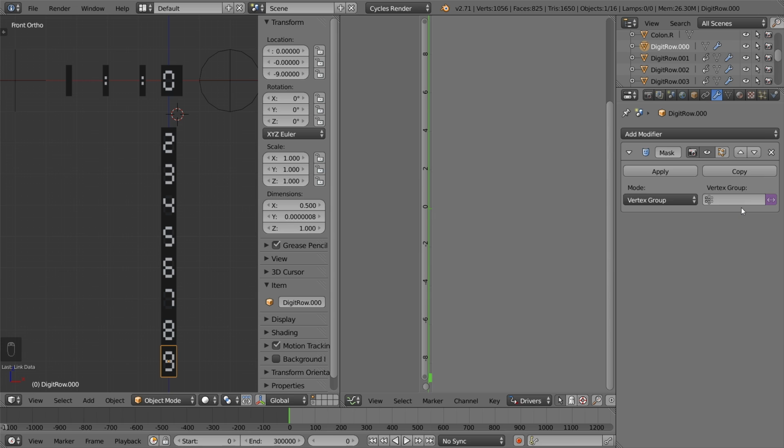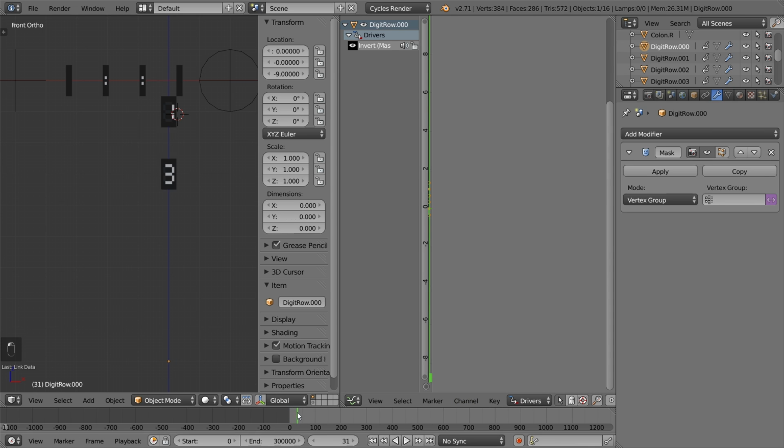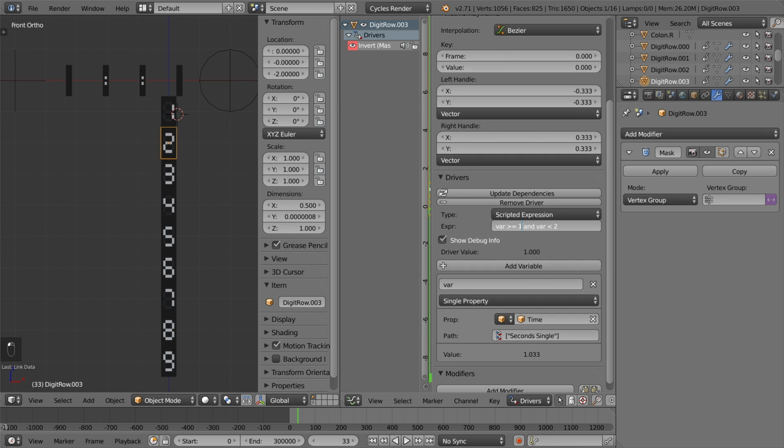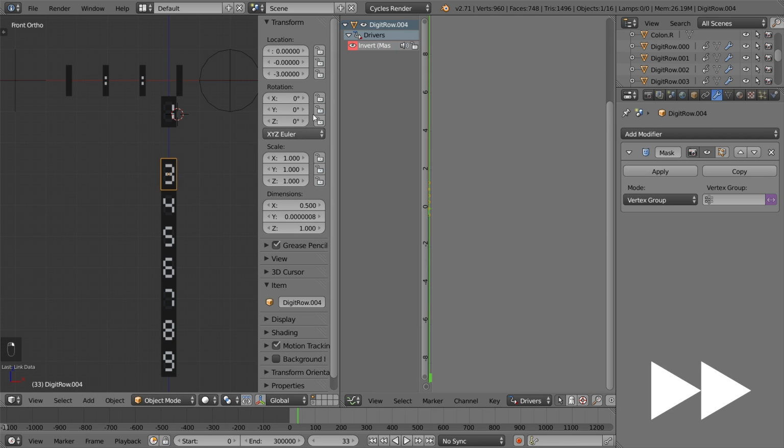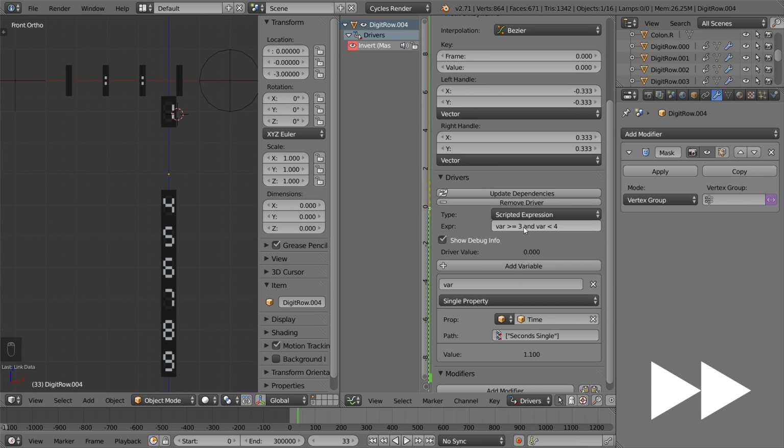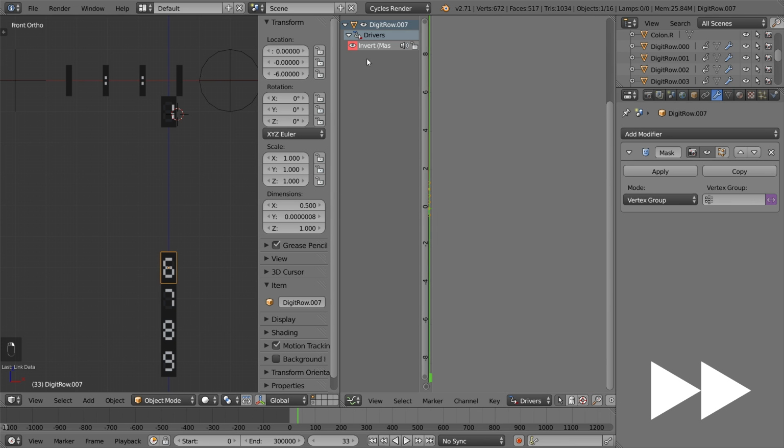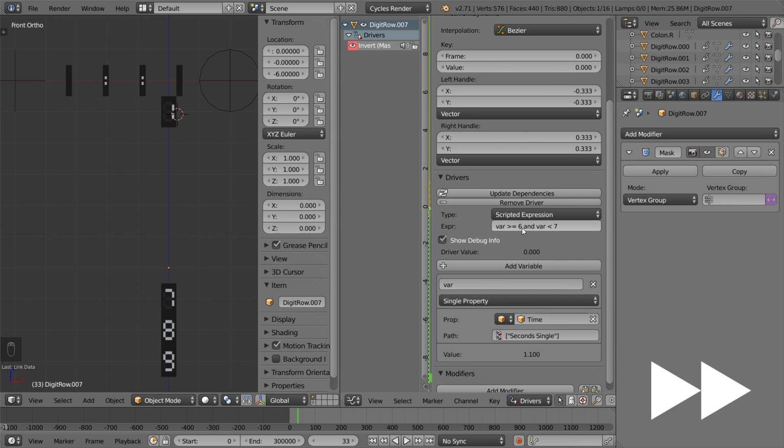Now we just need to go through and adjust the numbers in the expressions to correctly reflect the digit the object is showing. Since I copied the driver from the 1 digit, all digits are currently only visible between seconds 1 and 2, so make sure you are on a frame where you can see them all. The 2 should be visible between 2 and 3, the 3 between 3 and 4, 4 and 5, 5 and 6, 6 and 7, 7 and 8,